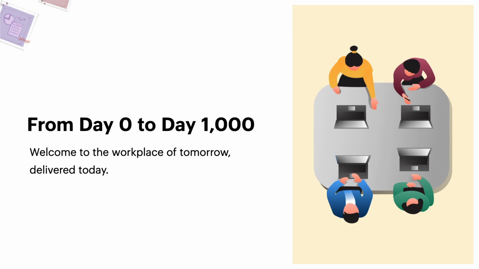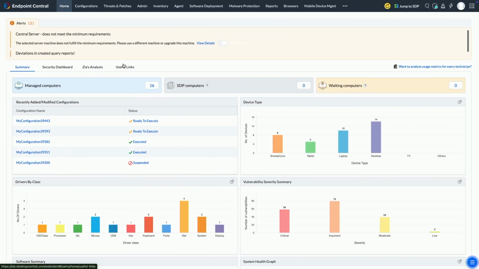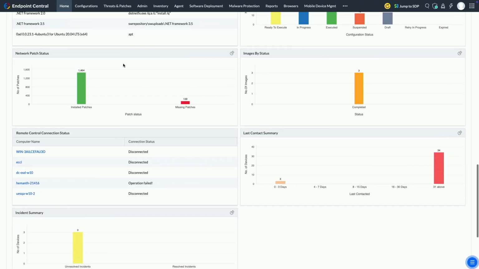So I'm going to stop right here with a conventional presentation and just give you a glimpse of what we do as a product. So this was something that you were expecting. With that said, this is the product. This is the product called Endpoint Central. So right at the dashboard, you can have a very clear overview, the kind of visibility that any IT would love to have about the total number of devices in your network. When I talk about devices, based on operating systems, based on licensed applications, based on the score in terms of security and compliance, based on the health of that particular endpoint, all of these at first glance, right?